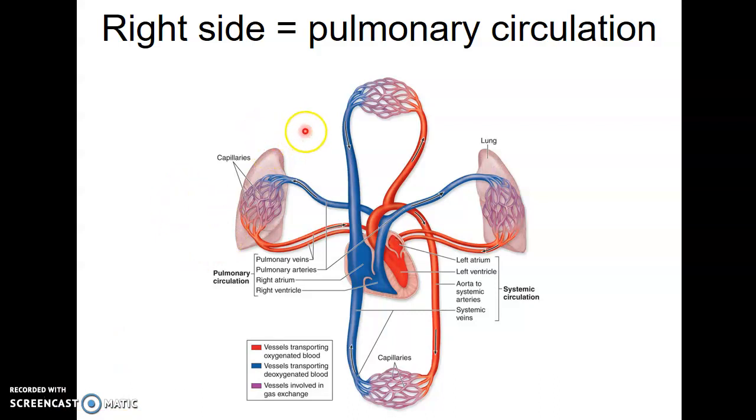The right side of the heart is over here. Okay, so that right side of the heart provides the pulmonary circulation. The right side of the heart receives deoxygenated blood from the